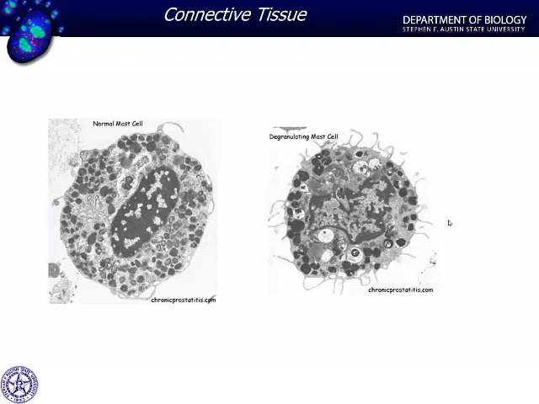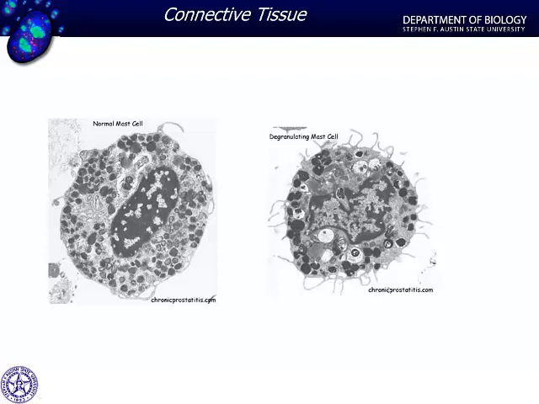Now here we have two examples of mast cells. This mast cell is what you typically are going to see in your connective tissue. You can see a lot of very dense granules, not a whole lot on the cell surface, fairly smooth. But in this particular cell, the granules have all moved close to the surface, and many of them have already been released out into the environment. You're going to undergo exocytosis, fuse the vesicle membranes with the plasma membrane,